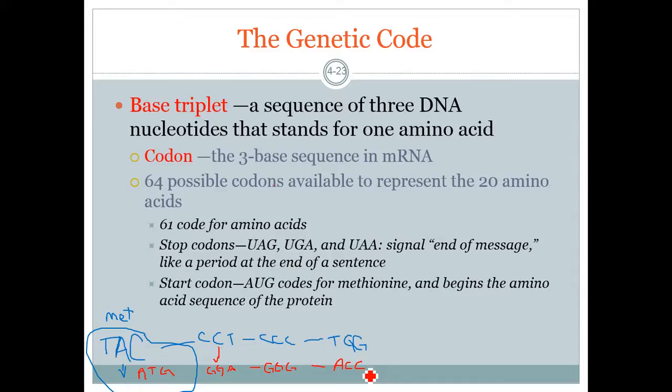And this will give us the codon. So this will be our base triplets, what we're starting off with. And when we're trying to get this genetic code, it mirrors itself, giving us our codon for our mRNA. So this is the base triplets for our DNA. Now we need to get the base triplets for our